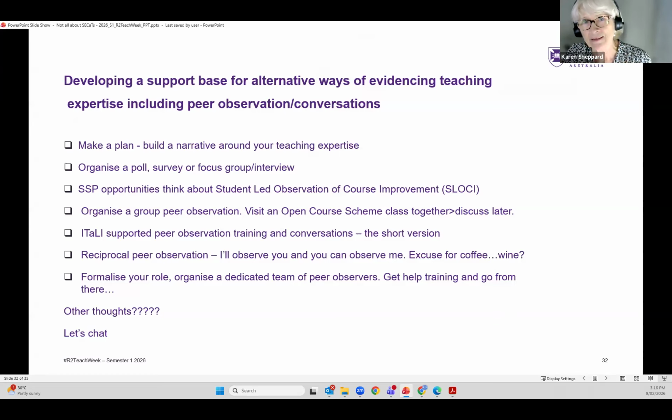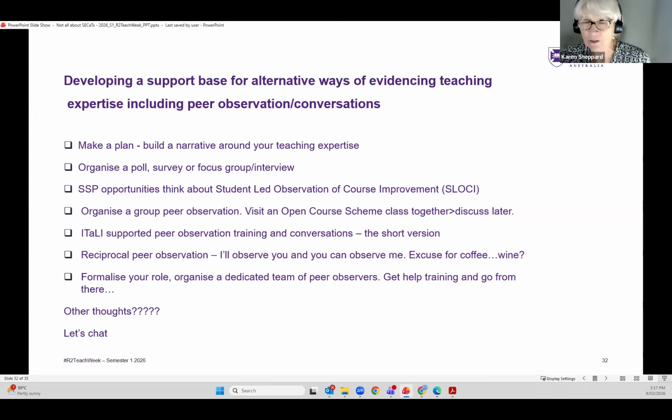So I guess what we're suggesting here, particularly if you're early career, is that you might start thinking about collecting your evidence in an intentional way. You have a plan around what you're going to do, and there's no denying the SECaTs are used in ways that we sometimes don't appreciate so much, but we can also use them, as Christy pointed out, in a positive way, but be intentional about where you go for other sources of feedback. So, that's my first point there.